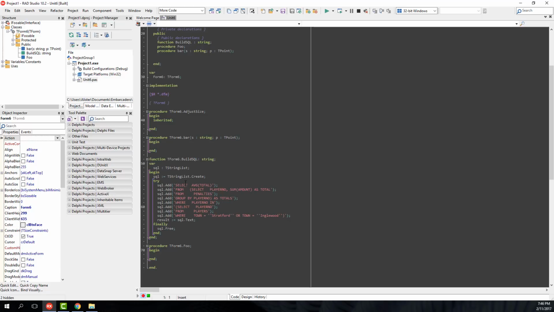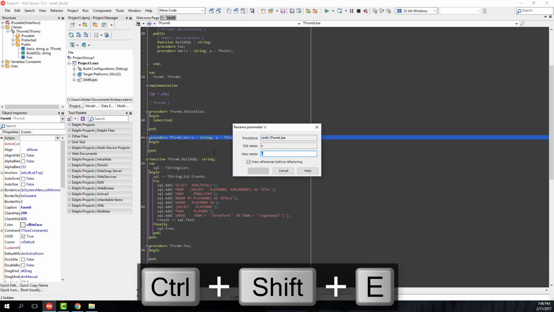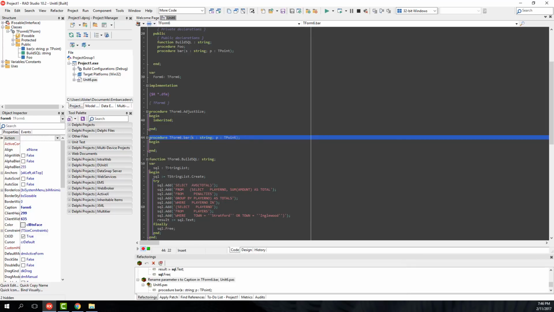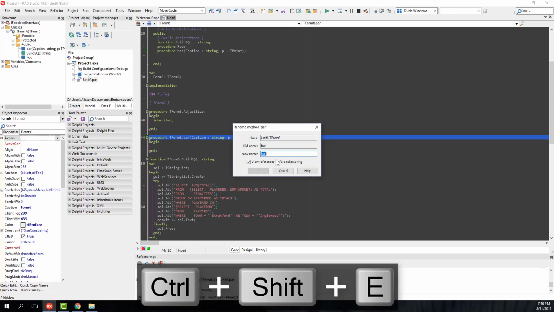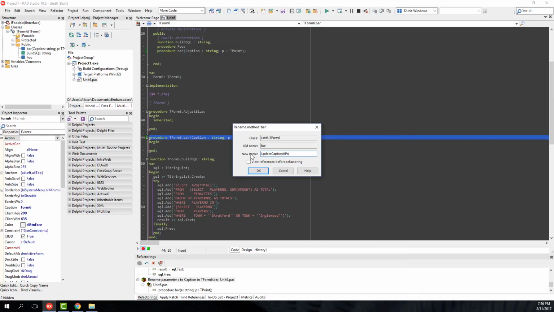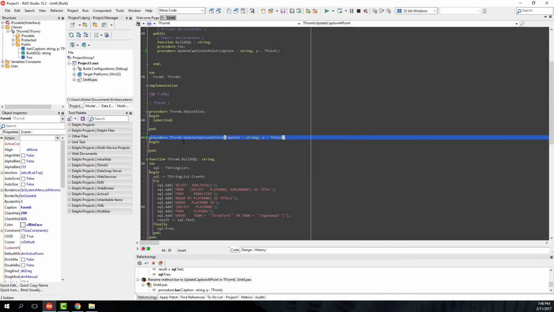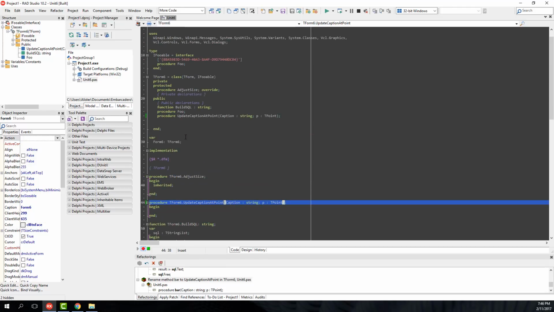Rename is quite powerful. You can use it just about anywhere. So we could rename this S to caption, and let's perform that. Bar, say rename a method to, or whatever that method happens to do. We could rename